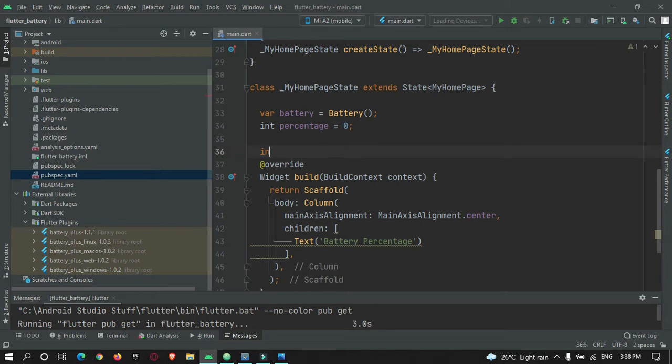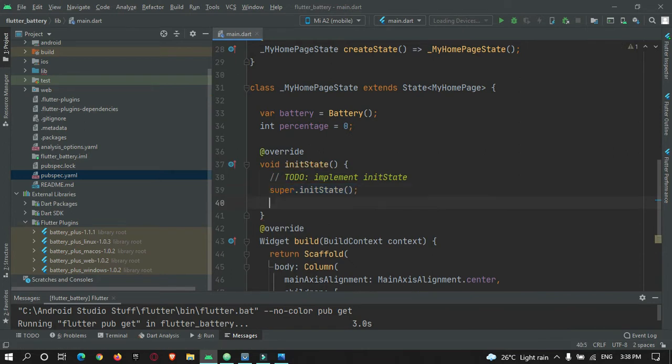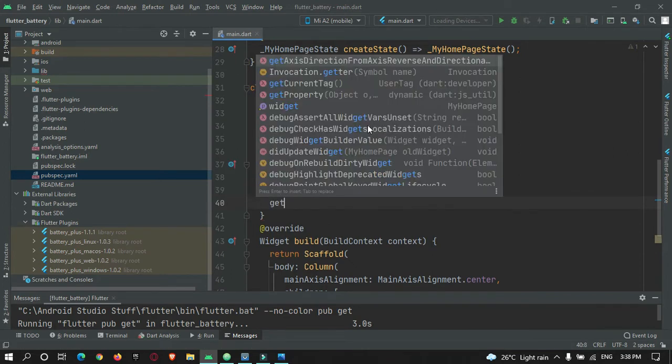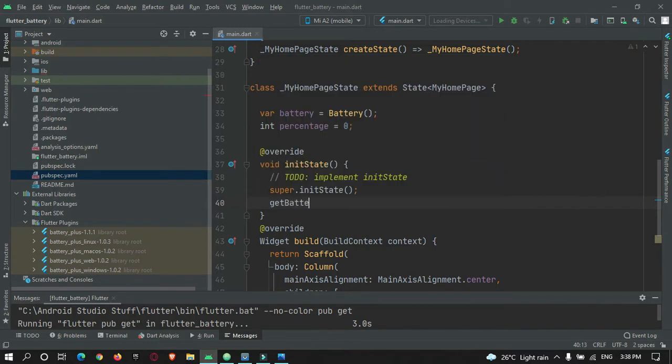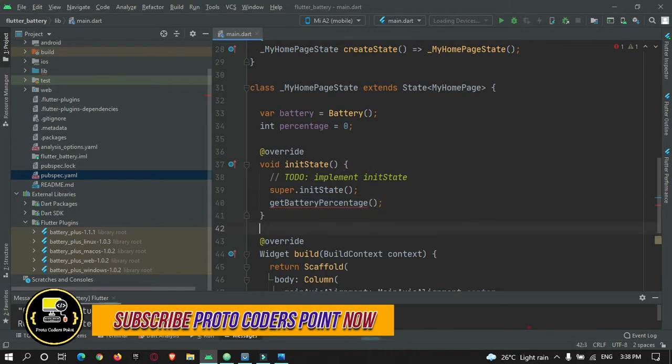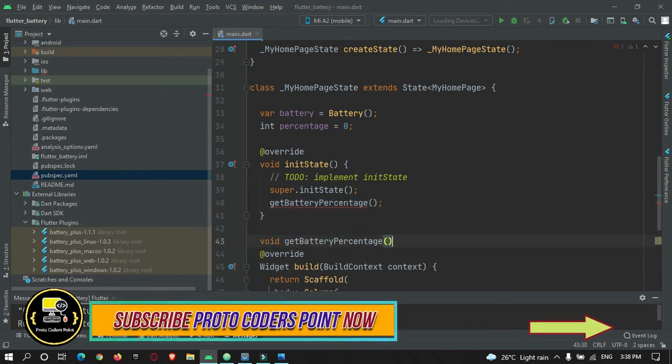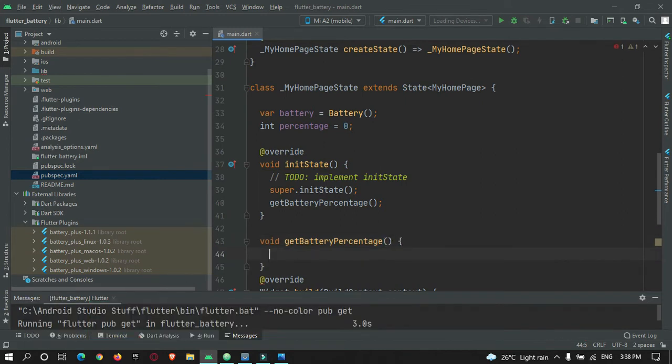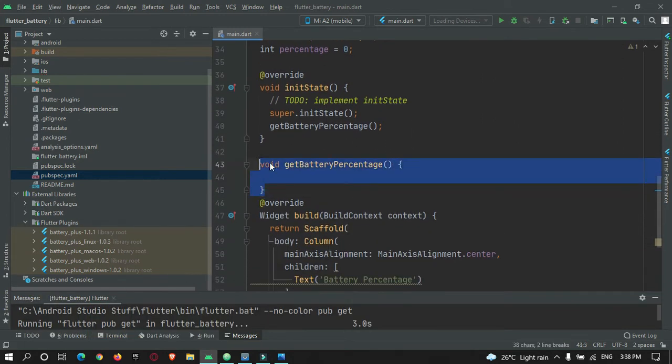So for that, here I will just create initState, and inside initState I will call one more method to get the percentage of our battery. So getBatteryPercentage. Okay, so let's create this method, void getBatteryPercentage, and inside this method I need to get the percentage.